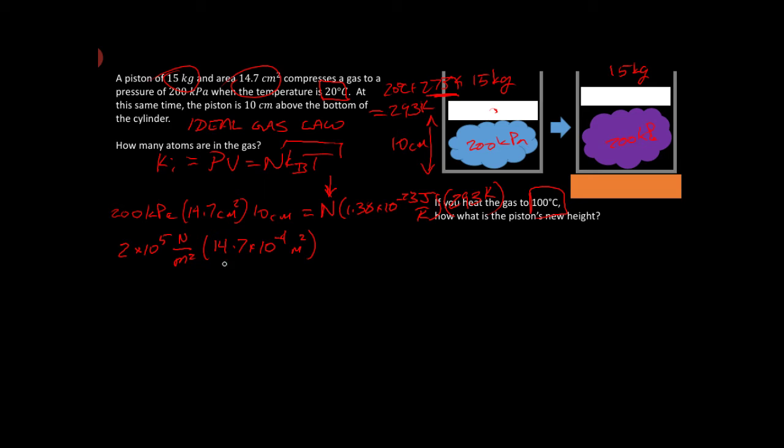Right? And then we have 10 to the minus 1 meters. Right? 1 centimeter is 1/10 of a meter. And that's equal to n times 1.38 times 293. That's not an easy one, so let me